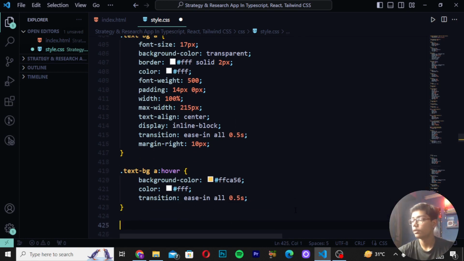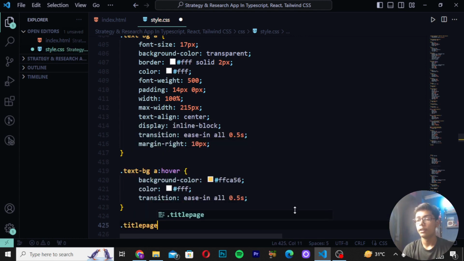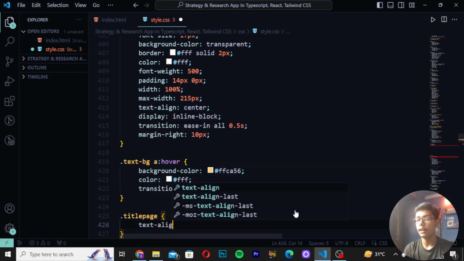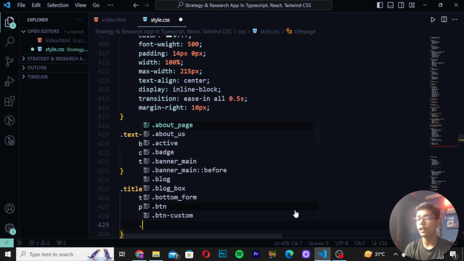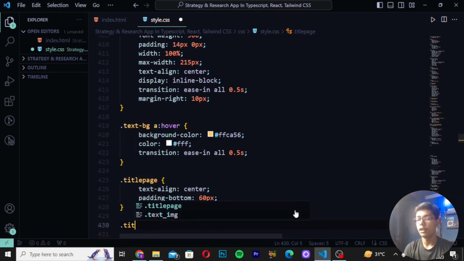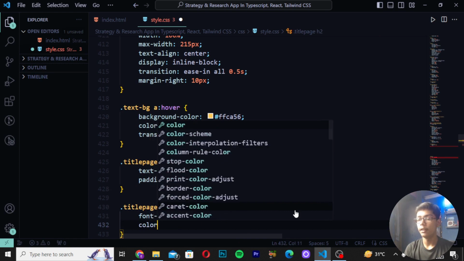Then you have to just move down and write here .title-page. So here I will be writing text-align should be center, and then create padding-bottom as 60 pixel. When you have done that, you have to write here .title-page, and I will be writing another tag, h2, and here I will be writing font-size 40 pixel. Right here color